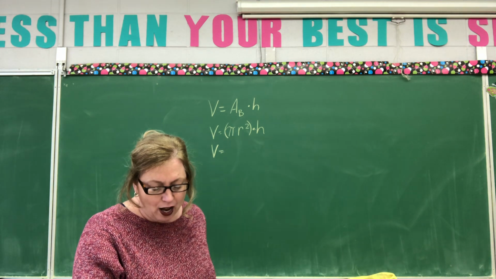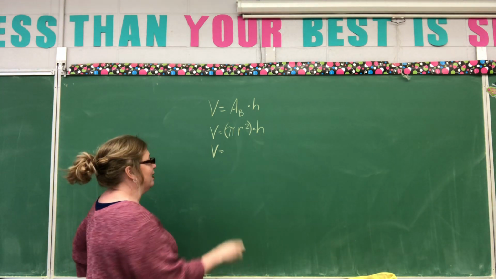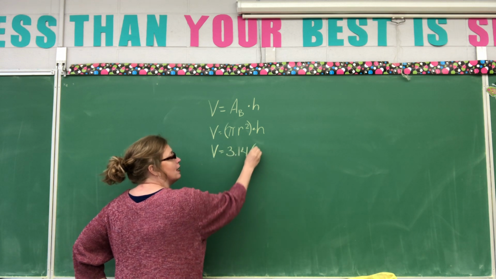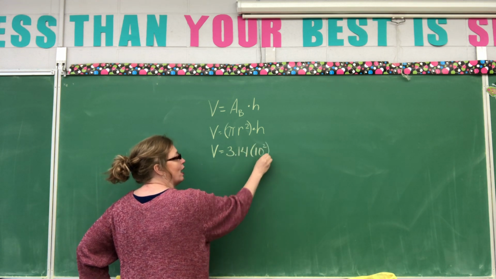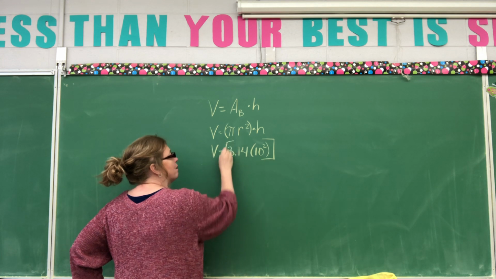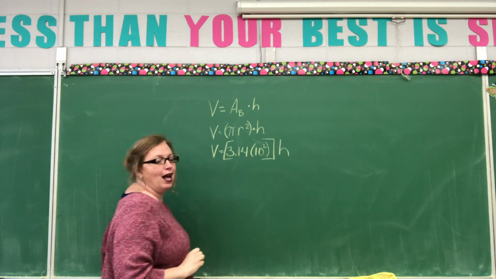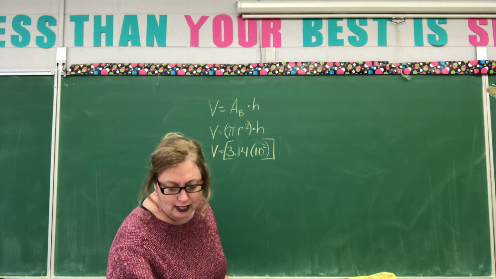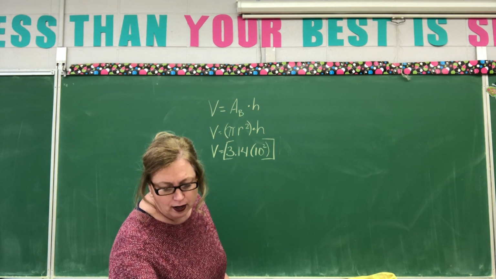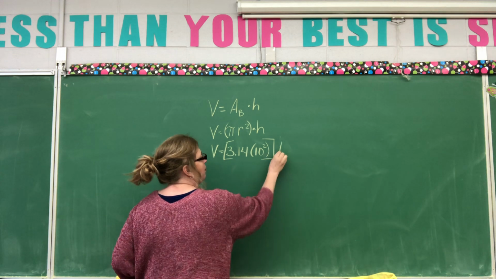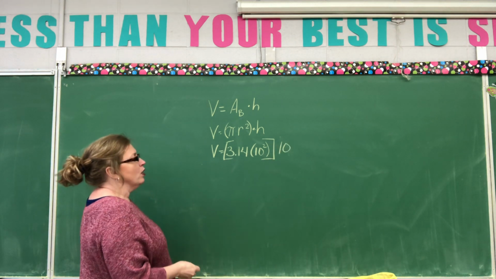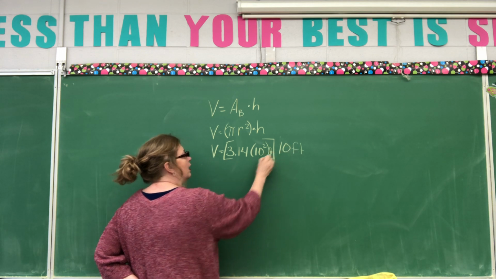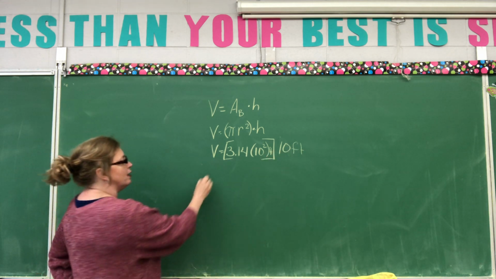Let's go look at it again. Our radius is 10. So we have 3.14 times 10 squared. We're going to do that. Then we're going to multiply by the height. Well, let's go ahead and put the height in there. I'll erase that. The height of this, the dimensions, is also 10, okay? So this is 10 feet, and this is 10 feet, okay? Now, we're going to say the volume is